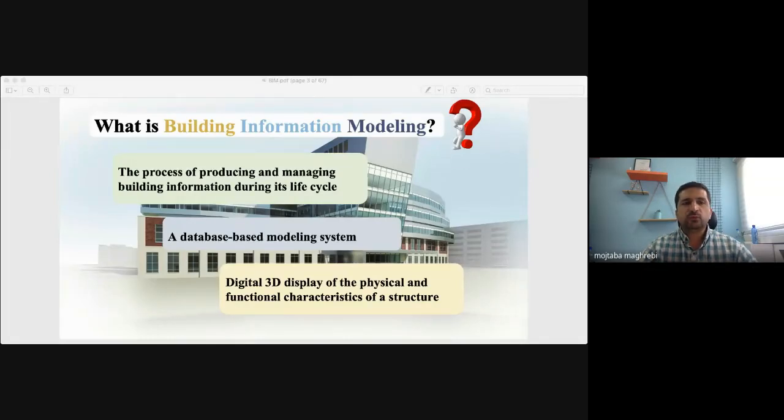And when we migrate from 2D to 3D drawings, we don't have lines, we have objects. And when we have objects, we can assign any type of information we would like to the model.